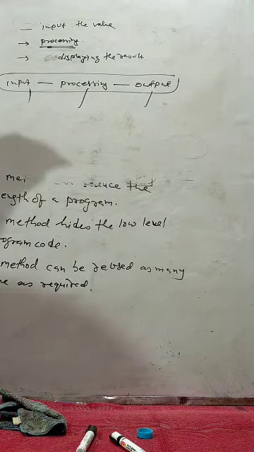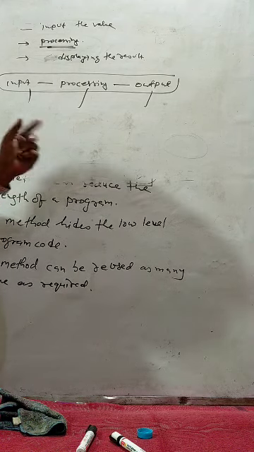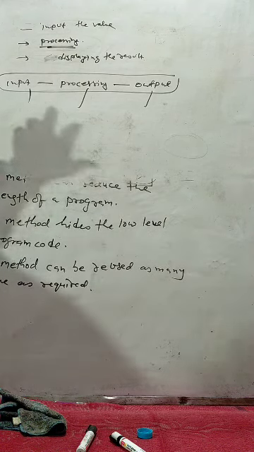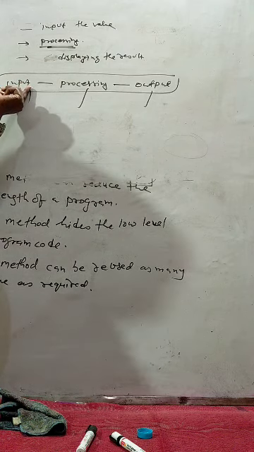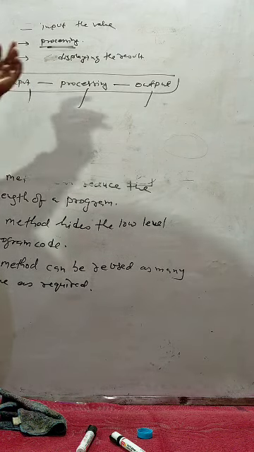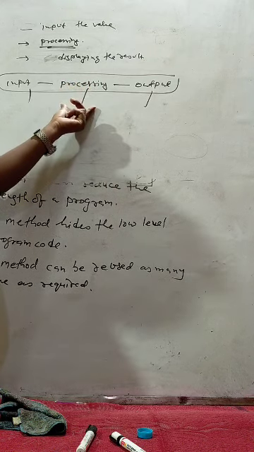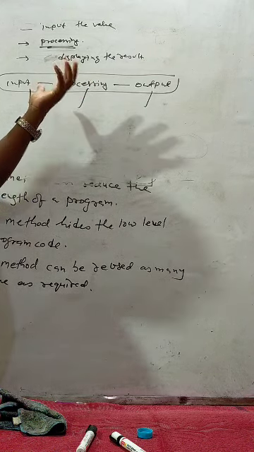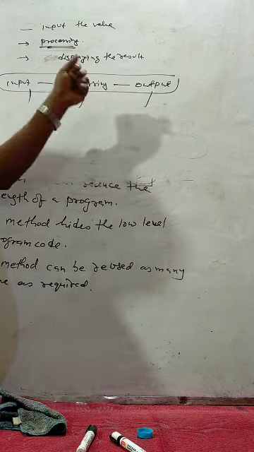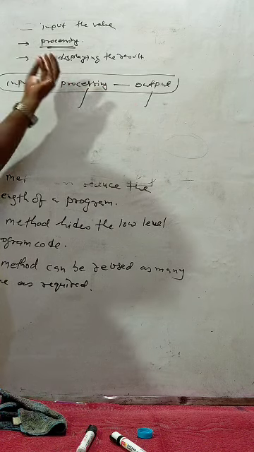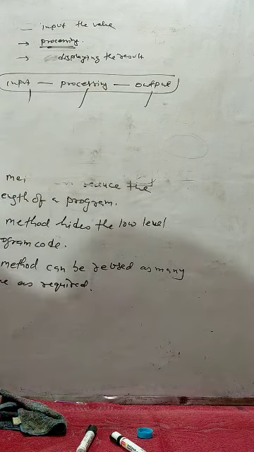First we will input the numbers. Suppose we have to find the square root. Same way, same example. First, what will we do? We have to input a positive number. Then we will use the math.sqrt function to find the square root. This part is processing, and after finding the square root, we have to print it. So this is output. So input, processing, and output. There are three major works in a program.